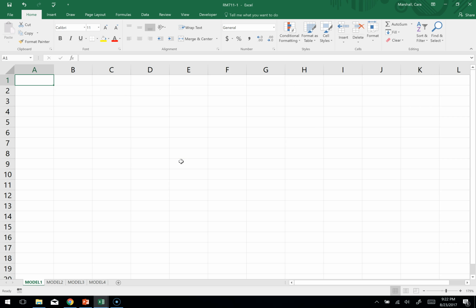So basically what we want to start off here with is an amortization schedule. And I'll just put a heading in here. I'm just going to center this across these cells. So of course, to center, you can merge and center, or you can go into